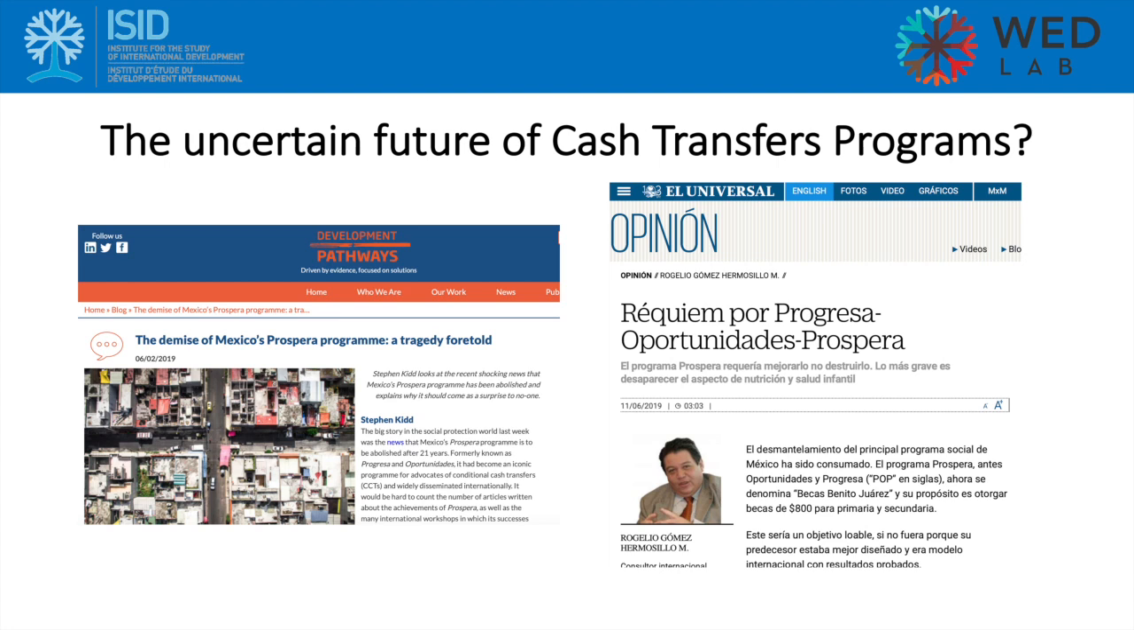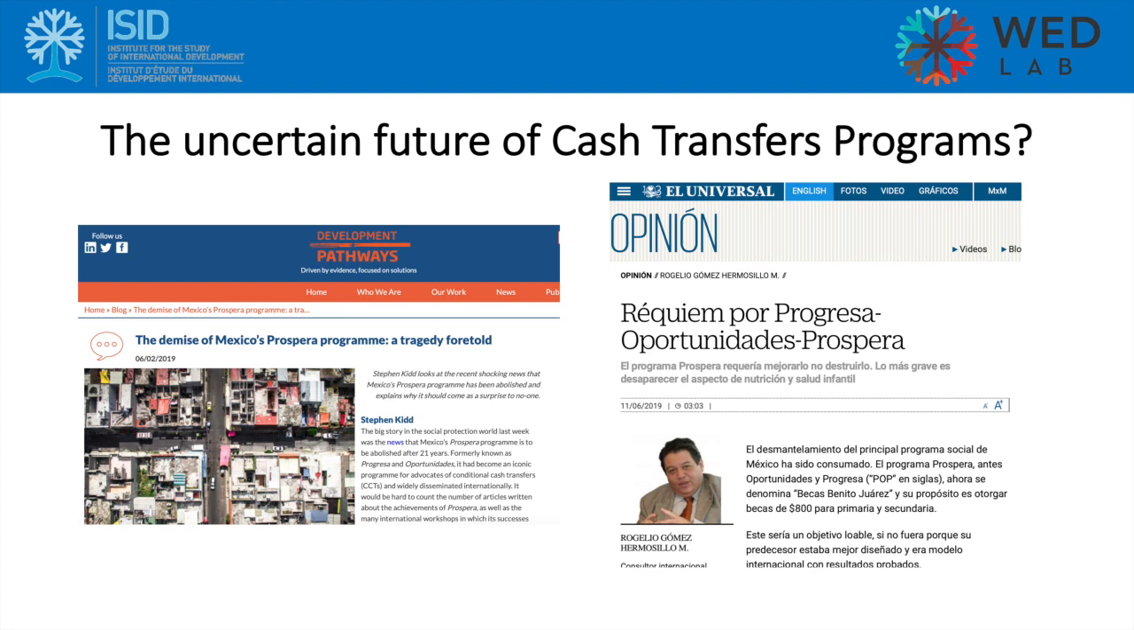Progresa, Oportunidades, Prospera. It's one of the most studied programs, partly because it was brought in in an experimental way. And so it gives analysts and researchers a great way to really try to get rigorous evidence on the impacts of cash transfers. So I have here two pieces, one from Development Pathways and an opinion piece from a